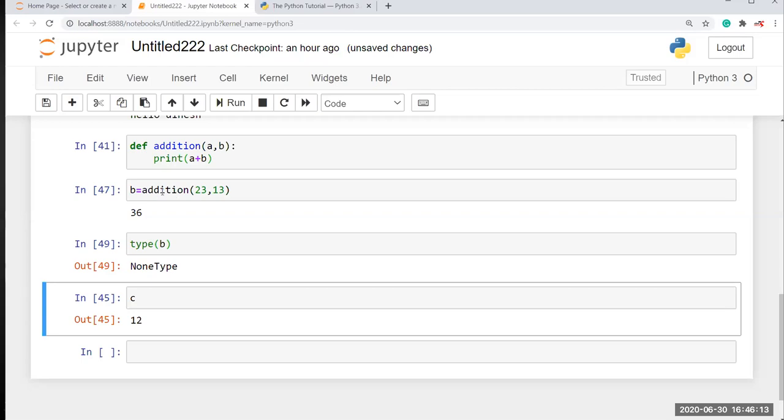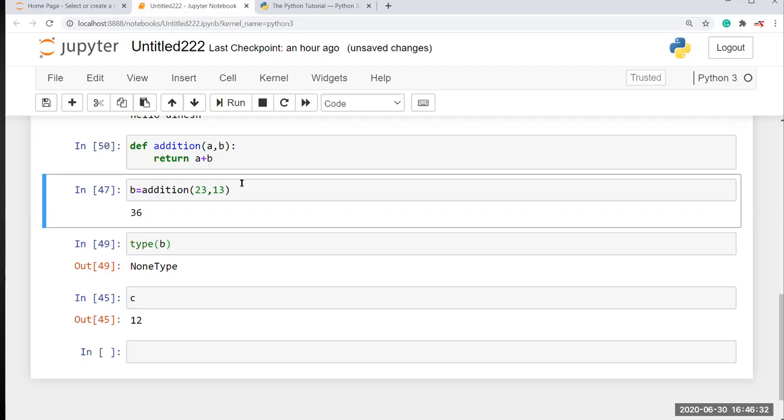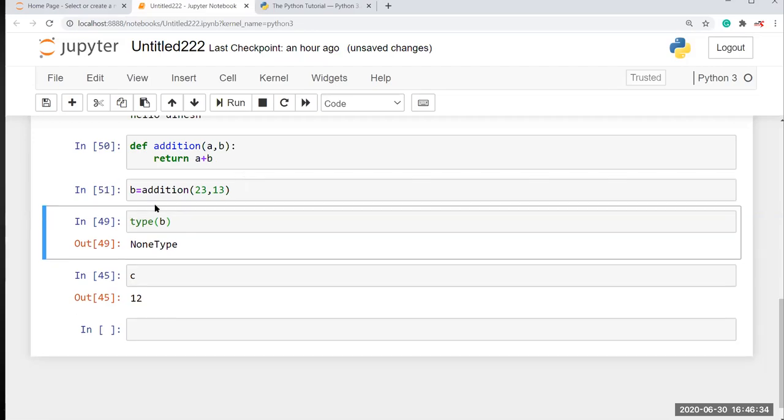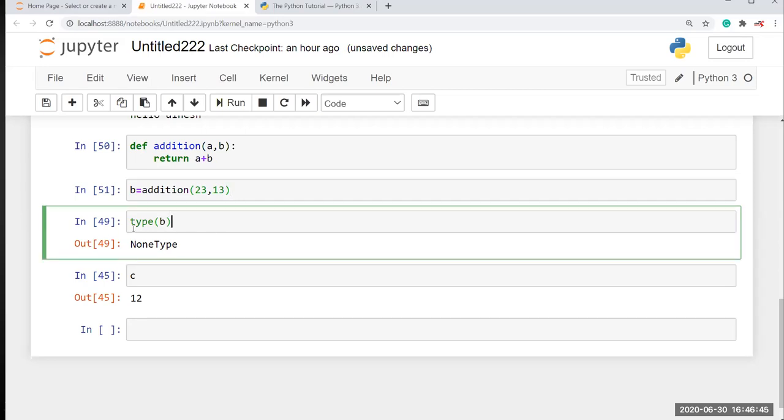So if I want to store a result into a specific variable, I have to use a return statement in here. So here I am going to use return. Now I run this and I run this. Now you can see this line returns nothing, so it's not returning any value. Now I'm going to check the type of b. So b is int.